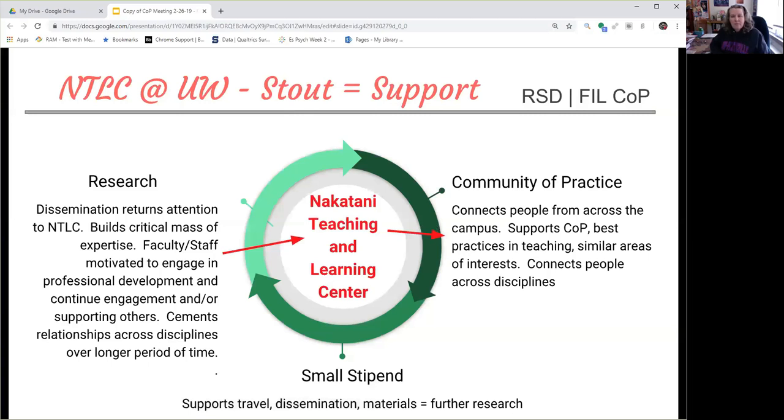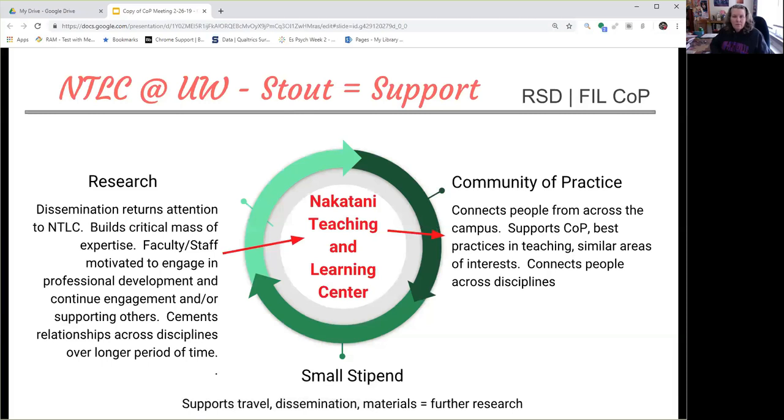It's not much, but what happened, at least in my case, was that I used that money to actually go do more research that involved the topic of the community of practice. So I've done 2. In one case, I was focusing on the RSD. In another one, I was focusing on some simulation things. But just having the ability to go get a hotel room for a night let me go out and do some research. That in turn motivated me to stay engaged in the professional development community. I was able to do research, find out more information.